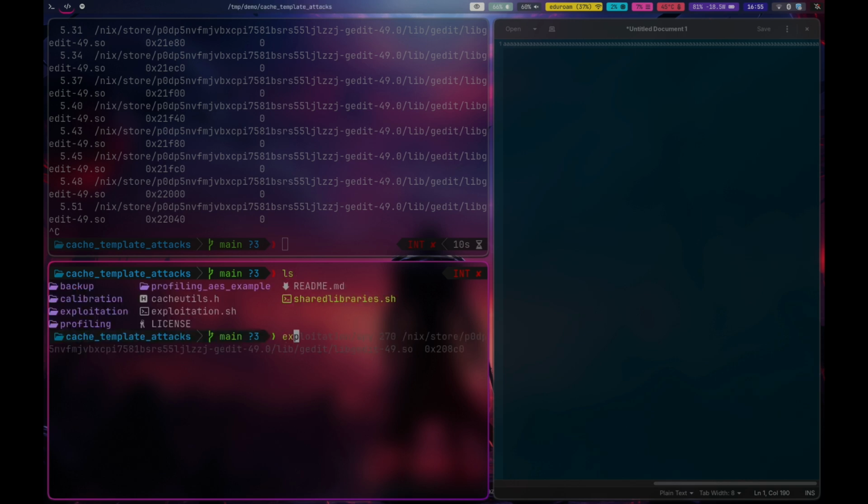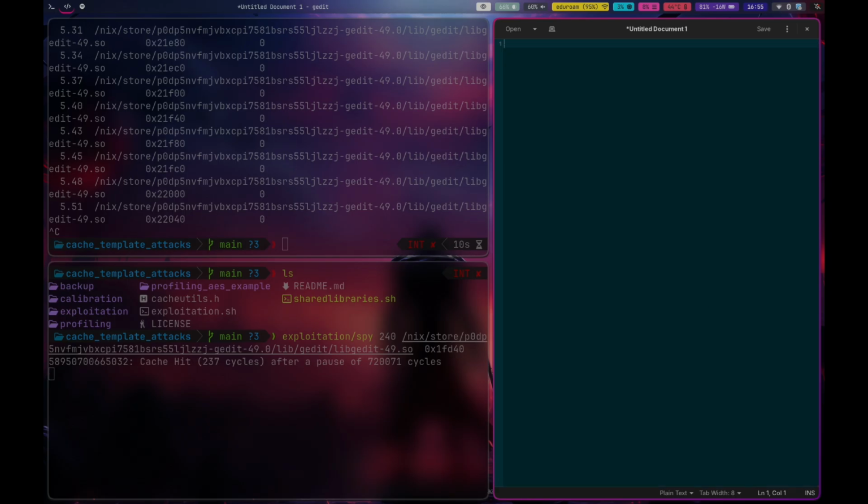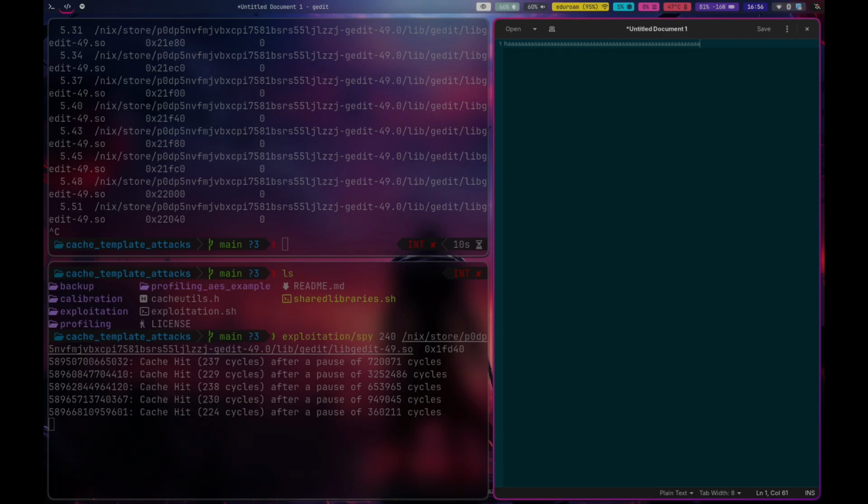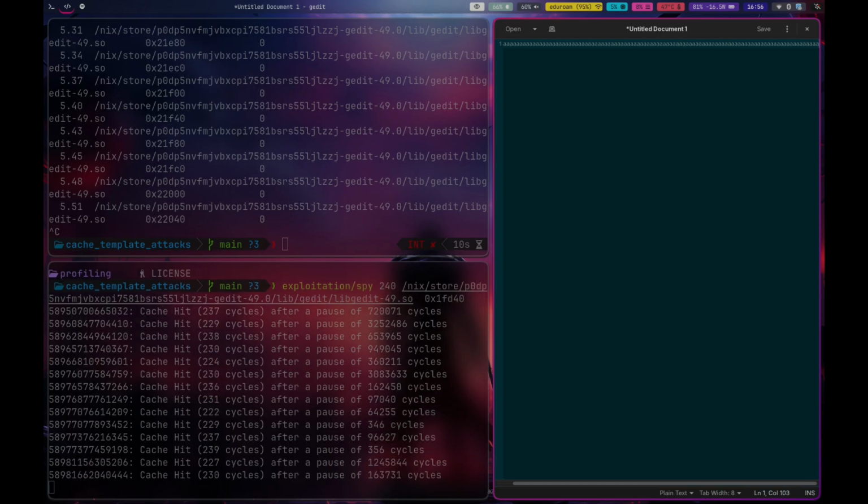So we now run the exploitation part with that same threshold value and the offset inside this program. And hopefully, we can see some cache hits when I'm typing. When I'm not typing, nothing happens. When I'm typing, we see some activity. This should usually work better. Maybe the laptop just got a bit low on battery. I don't know. Anyways, the demo gods did not like me today.